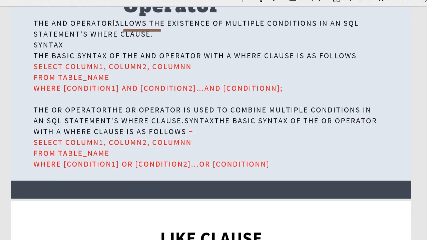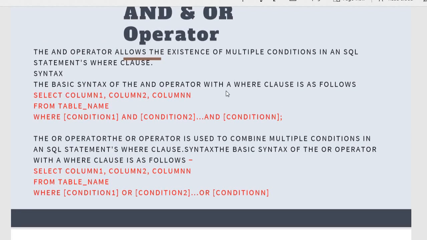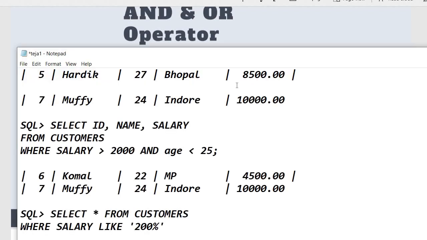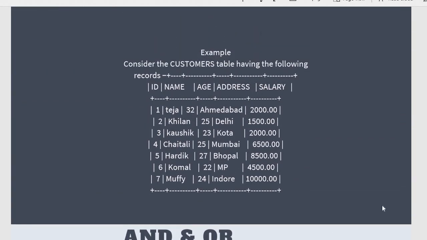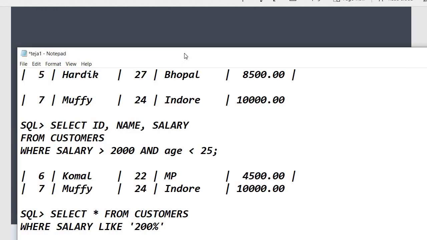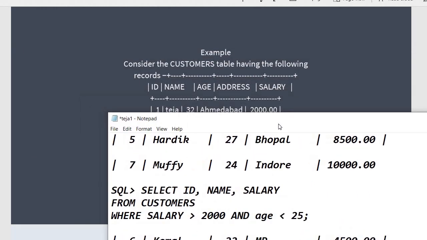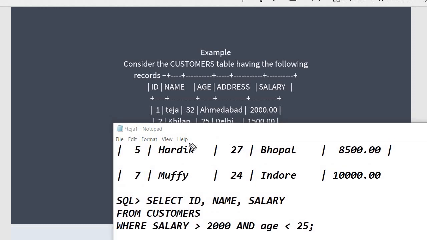Now check in this previous table. We'll take this same thing. Select ID, name, salary from customers, and the salary should be greater than 2000.